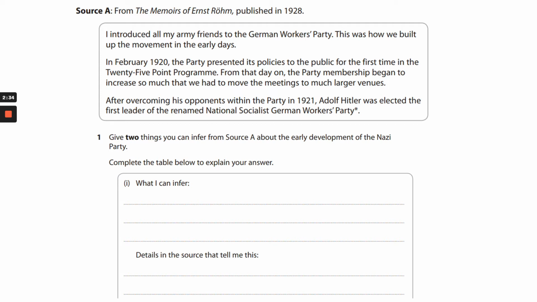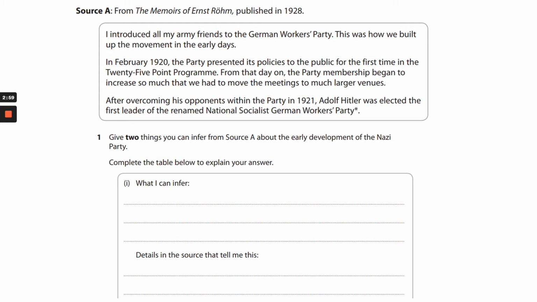And then details in the source that tell me this: I introduced all my army friends to the German Workers' Party. I think a better one is from the next paragraph. In February 1920, the party presented its policies to the public for the first time in the 25-point program. From that day on, the party membership began to increase. Okay, well, that seems like a better one for me